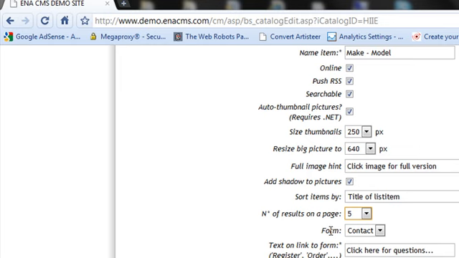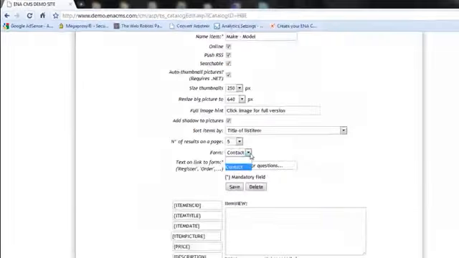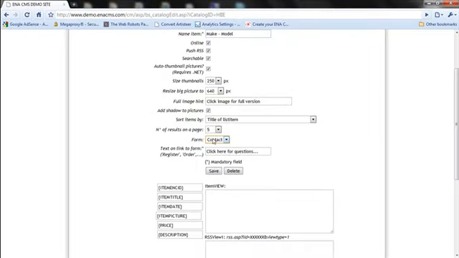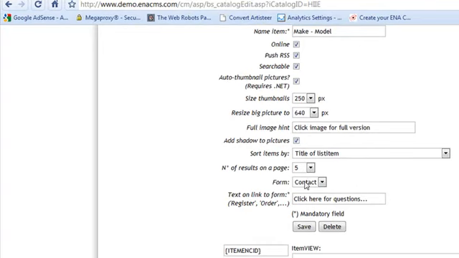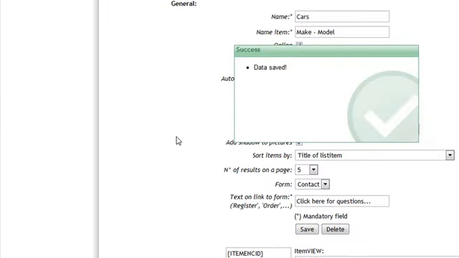If you want to use a form with your catalogs, you choose your form here. You need to already have created at least one form, so you can choose it. If you don't have a form in the system, if you want to use it, go create a form and then insert it here. The link that you want to use to link to the form, it's here, and when you're done, you say save. Okay,